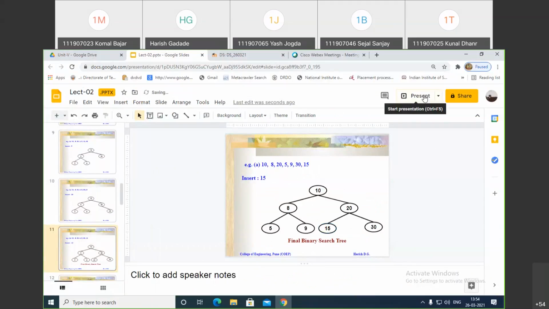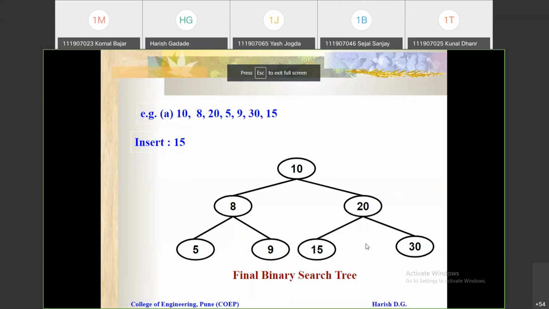Okay, this one, right? This is the same tree I had copied in the previous BST example. So this has been connected here, and this is the final binary search tree. You can see all these left nodes are smaller than this 8 and all these right nodes are greater than this 10, and that same property holds here and here. So 20 left is smaller and 20 right is greater. Here 8 left is smaller and 8 right is greater, right? So this is one example.